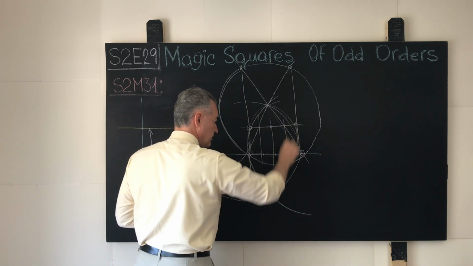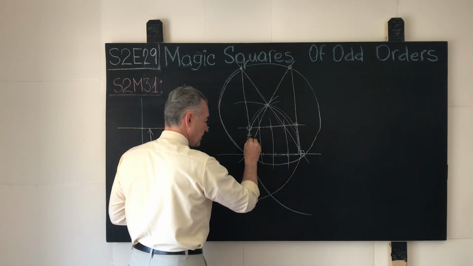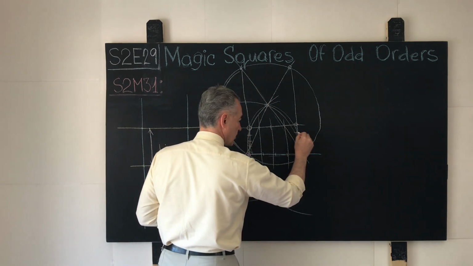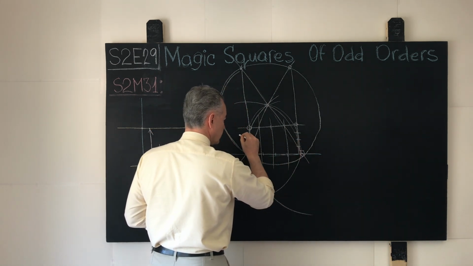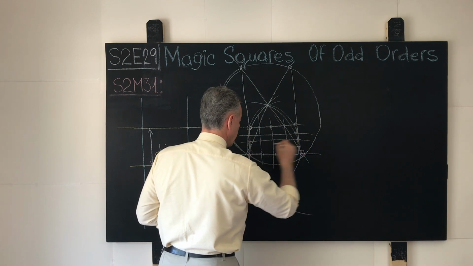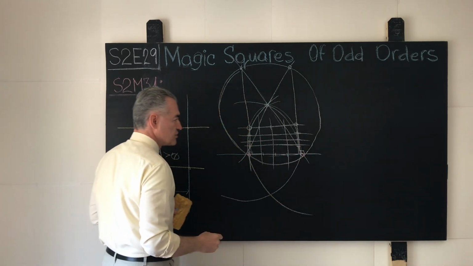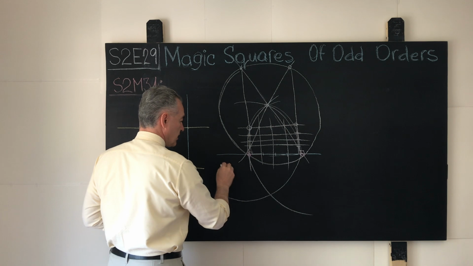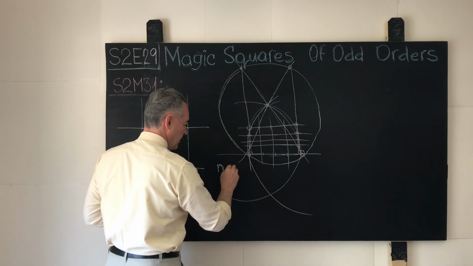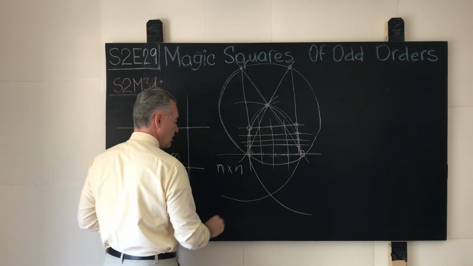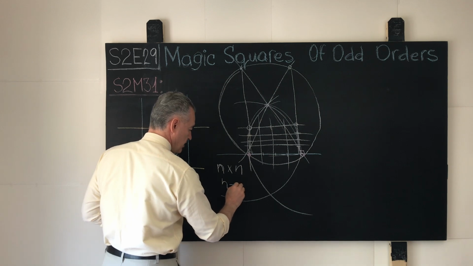Connect these straight lines this way, divide the other side also in the same number of equally sized line segments, and that way we can generate a square that will be n times n for any n that is strictly